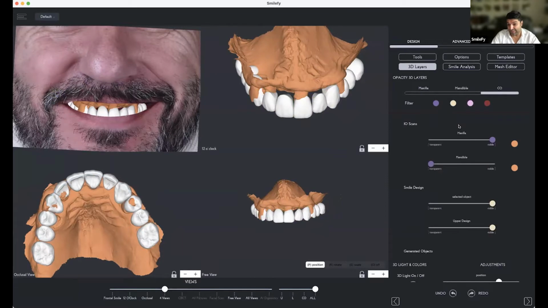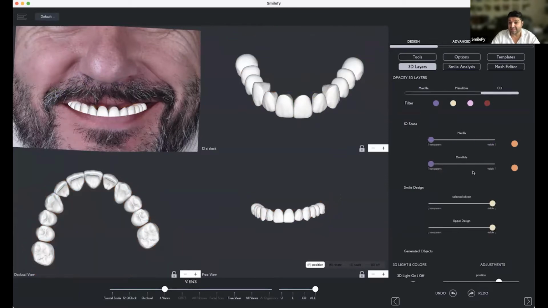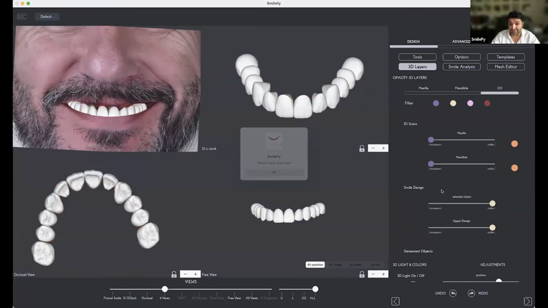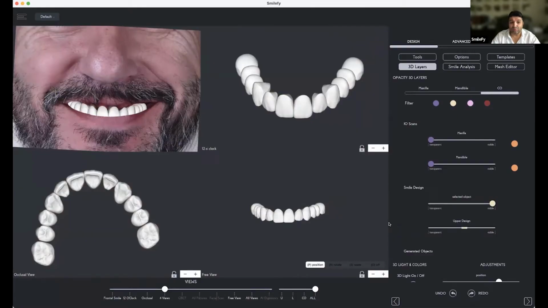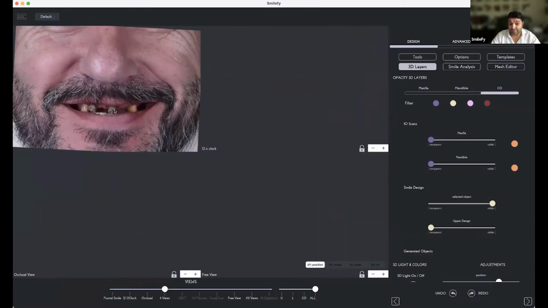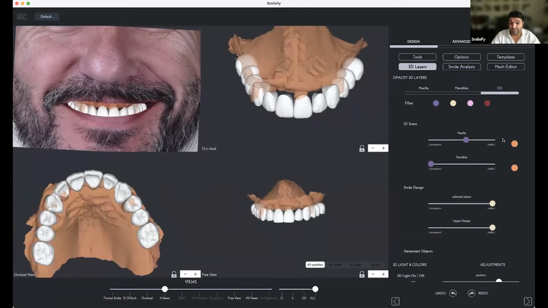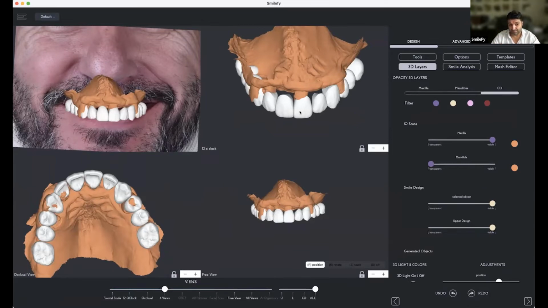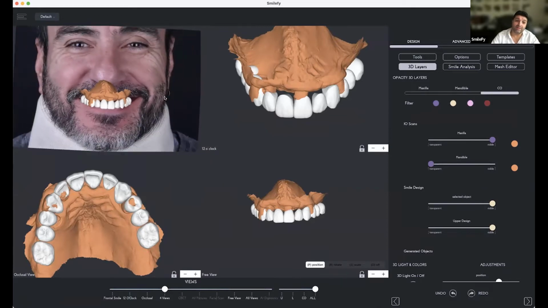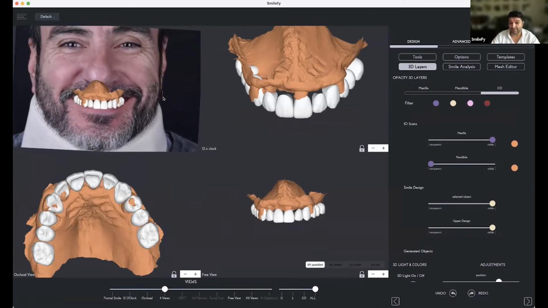Unfortunately, because the smile is not big enough, right? The mouth is not wide open. We do have, you see, now less visual reference on the face. And we cannot now really decide if the position is good or not.